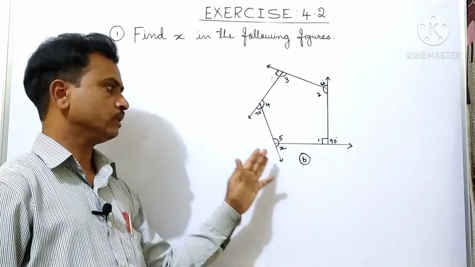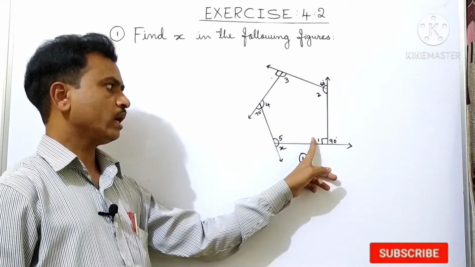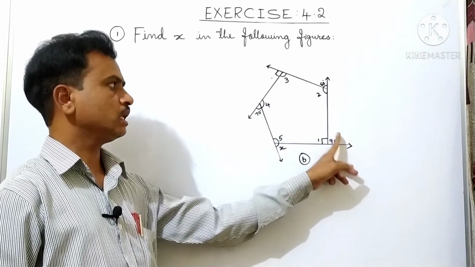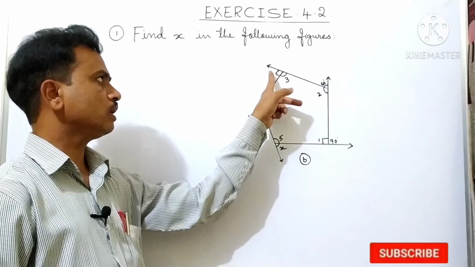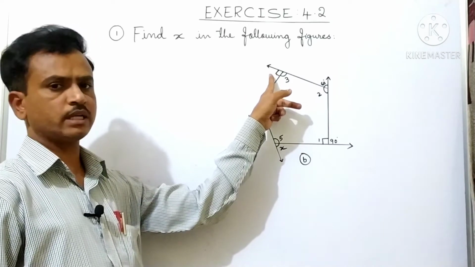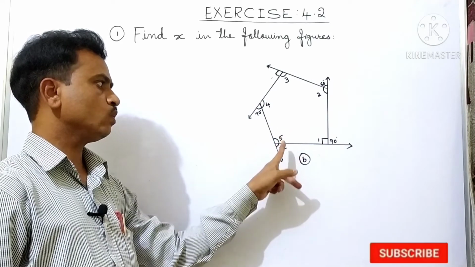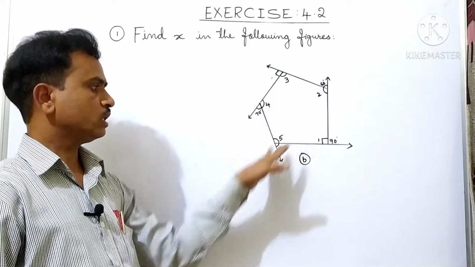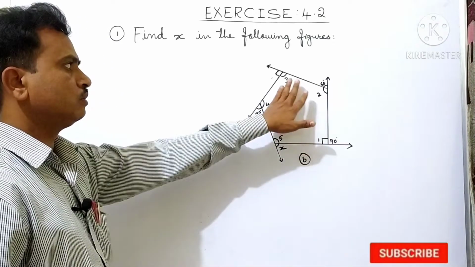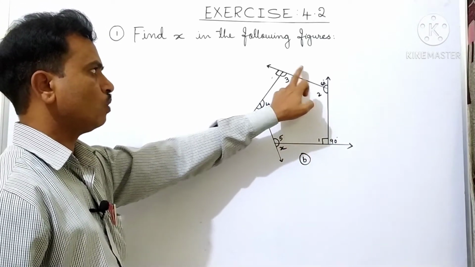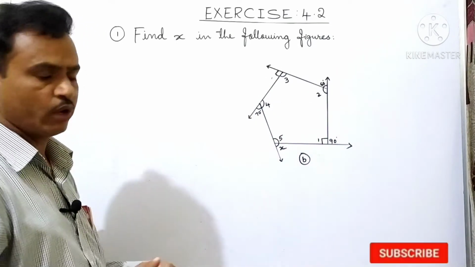So this is the B1. In this figure, first we have to see here angle 1 and this side is 90 degree, angle 2 and 60 degree is given, angle 3, then here this is a perpendicular, then it is 90 degree, angle 4 here is 70 degree, angle 5 and this is x. So here we should find the x. Before going to find x, we know that this is a pentagon. 1 2 3 4 5 sides are given. So this is a pentagon.